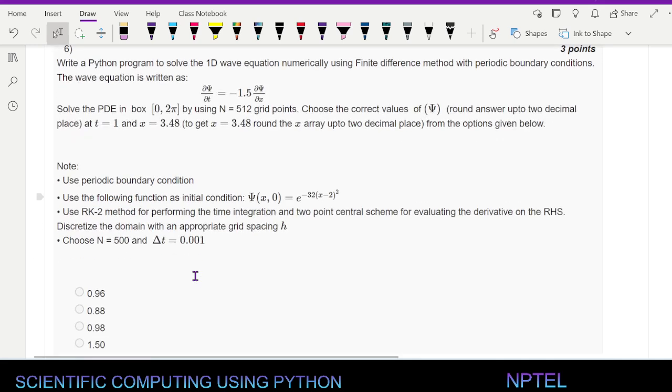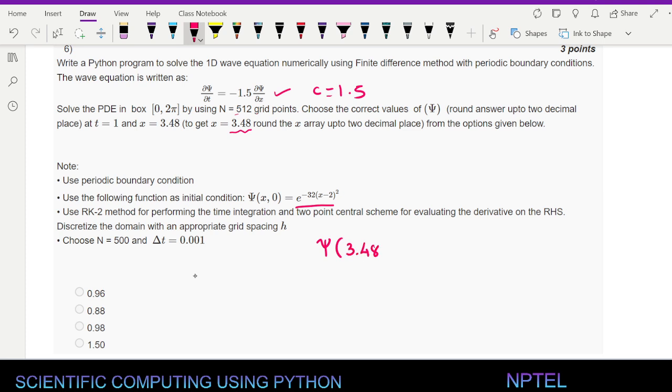Okay, second one. Again, first thing, c is equal to 1.5, and the grid point and everything is given, and x is at 3.48. Initial profile again Gaussian. So what should we do first? Calculate analytically. So we want psi at